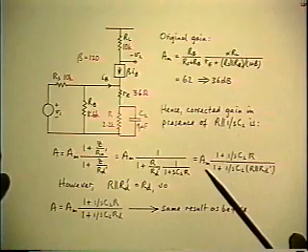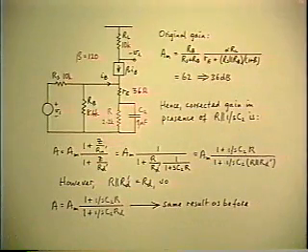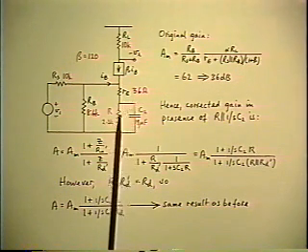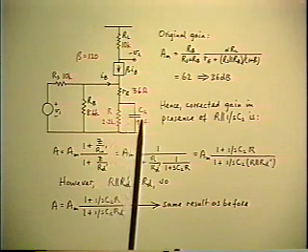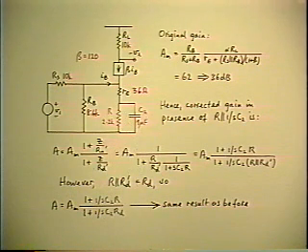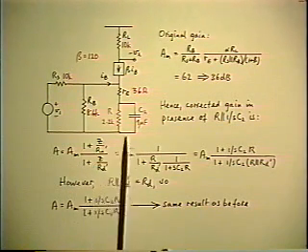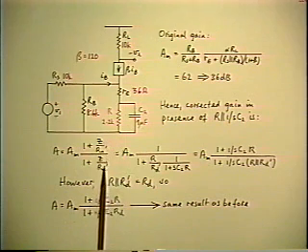And now you see another very simple extension of the theorem. The extra element need not be only one element. It can be any two-terminal combination. Simply a matter of what you substitute for the Z. So in this case, the extra impedance is actually a parallel combination of the R and the C2. But you don't have to know that until the last step, because you've already calculated the RD prime and the